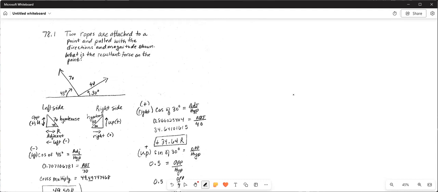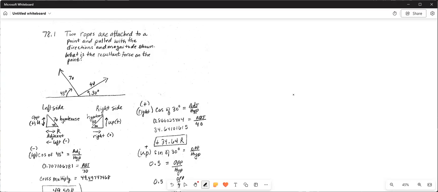Point and pulled with the directions and magnitudes shown. What is the resultant force on the point? So, what we're doing here is we're adding the pull and the resistant force together. So we're doing basically the same thing we've been doing, but it's more like a word